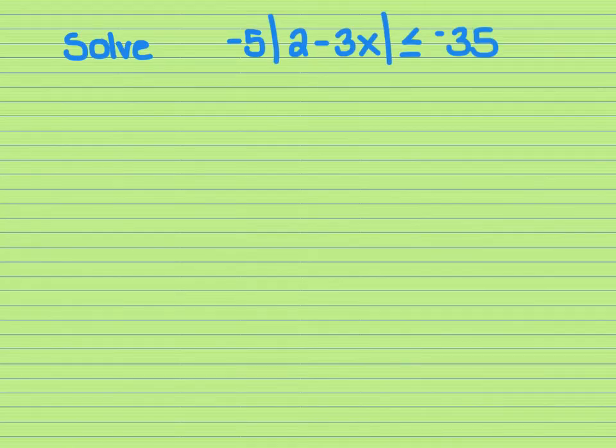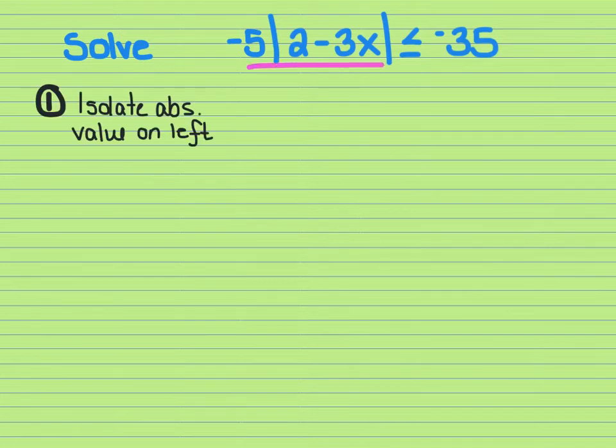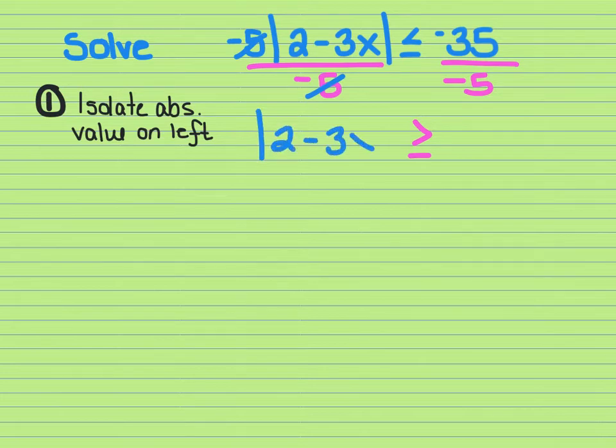So I go to solve the second one. Just want to point out one of the common mistakes that kids immediately make is they look at the symbol and they're like, oh, less than or equal to, so this is an and. Well, that would be your first mistake if you don't recognize to first isolate the absolute value expression. So to do this, I'm going to begin by dividing both sides by negative 5. I'm going to end up flipping my sign, so I'm immediately going to do that so I don't forget about it. My negative 5's cancel, and I still have the absolute value of 2 minus 3x is greater than